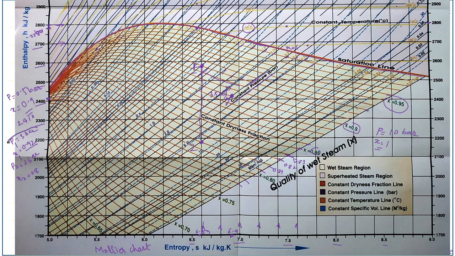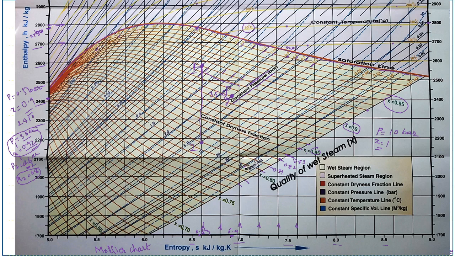Say in the problem we know the pressure and dryness fraction, and it says that this steam having 3 bar pressure and 0.92 dryness fraction is expanded to a pressure of 0.2 bar, then find its dryness fraction. Directly we can plot this on the Mollier chart. Just draw a vertical line, since it is expanded isentropically, and at point 2 the required pressure is 0.2 bar. So from 3 bar to 0.2 bar, at 0.2 bar we can find out the dryness fraction directly.